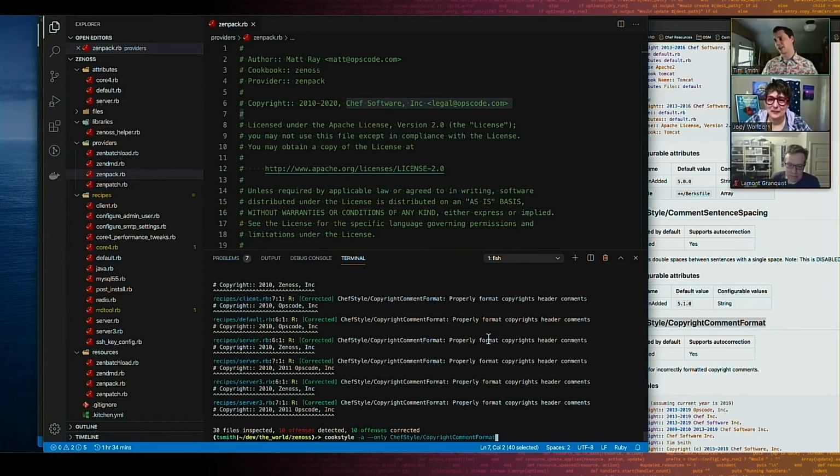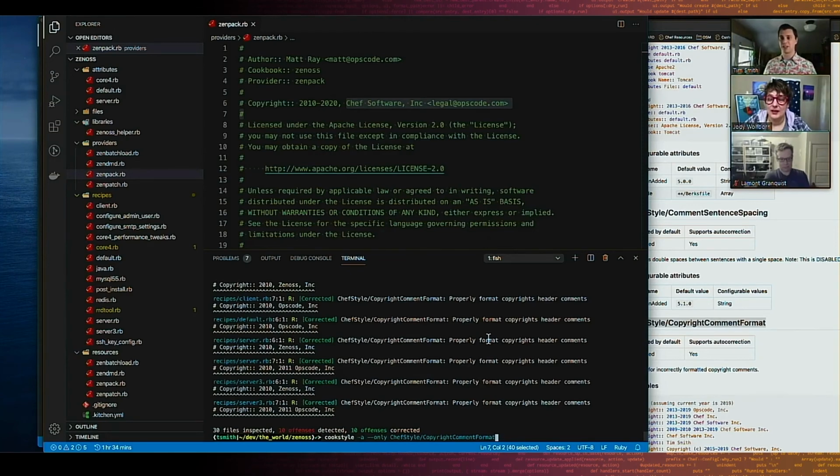The other thing to note is a lot of those cops only apply to certain versions of Chef. And if you're on a really old version of Chef, if you're on Chef 12 and you applied Cookstyle out of the box, it might make your cookbook not run on Chef 12. So we do have the ability to target specific versions of Chef.